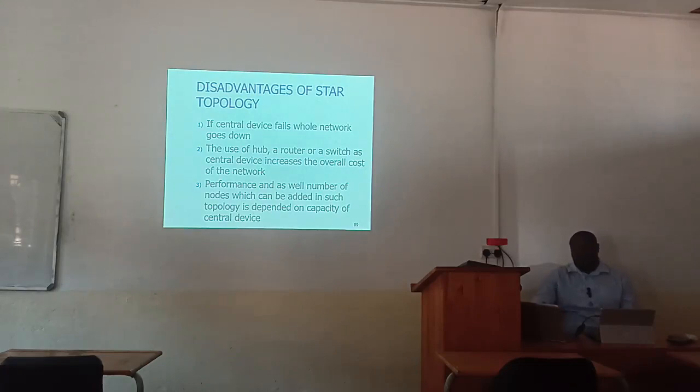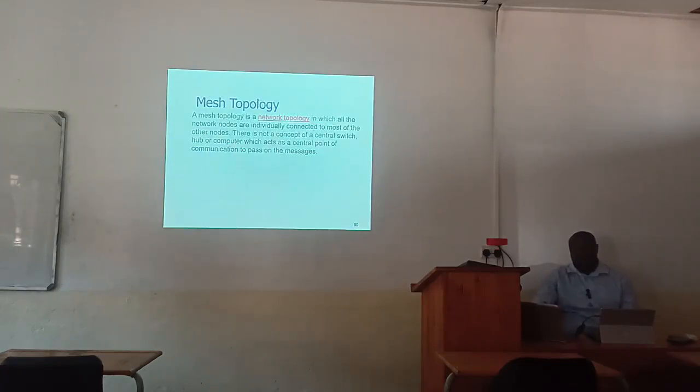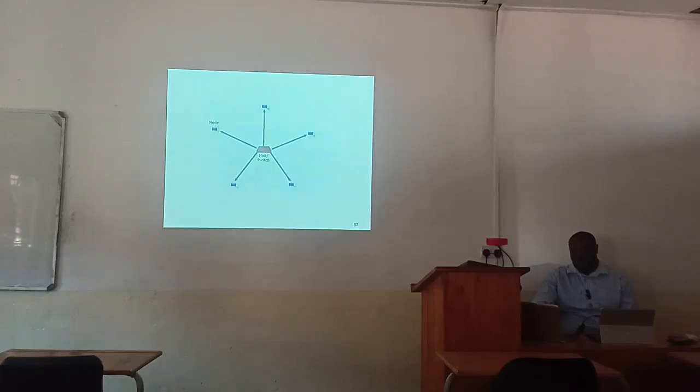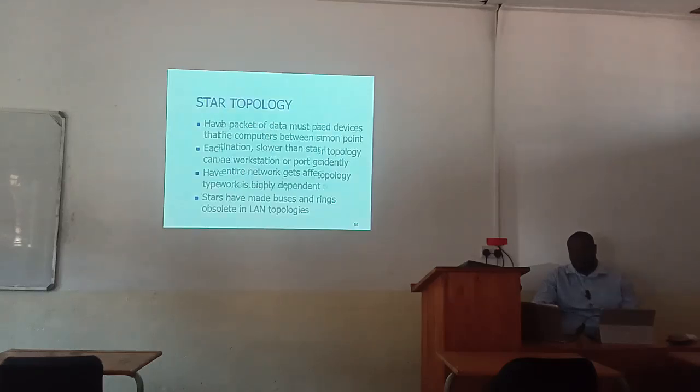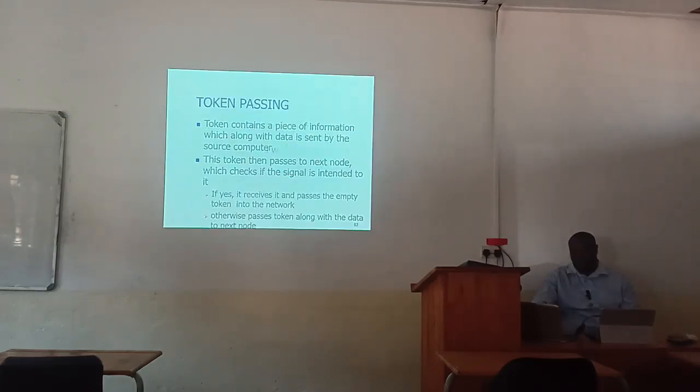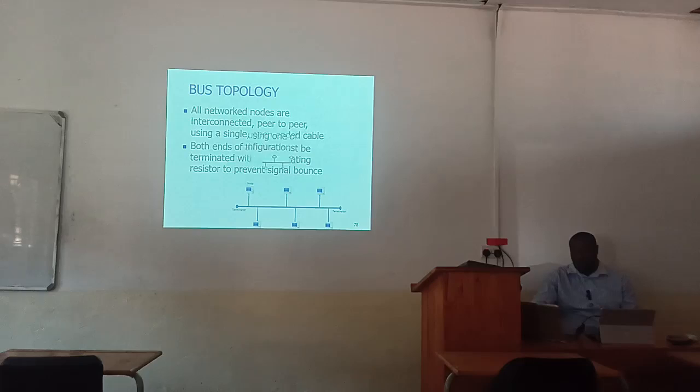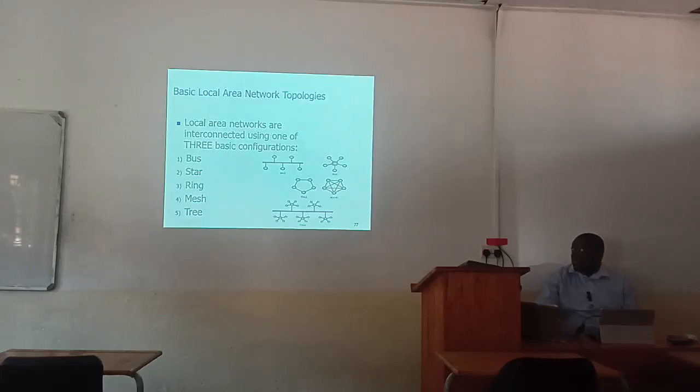All right, for the other topologies, just know that they are a combination of the other topologies. So you can think about the best features of the topologies that form the other two types of networks. We are talking about mesh and tree. Mesh is a combination of what? Star and ring. Yes, so it takes out the best features of those. And then tree is a combination of bus and star.